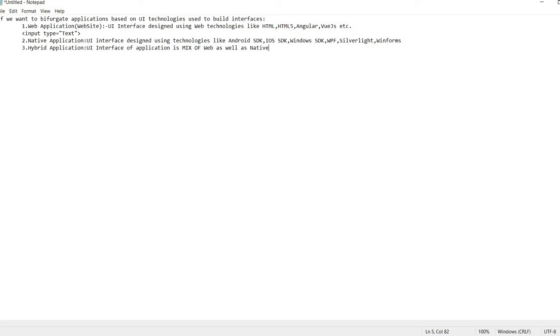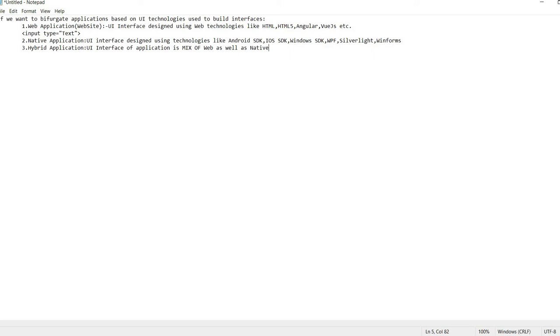interface design technologies, I'll give you an example here, the Ola application, which we use to book cabs, right? So when you go to the Ola application and you choose your destination, maybe you enter your details. So those controls where you enter your name while you sign up for the first time, you enter the mobile number, you enter a few of your details, the form which is available to you, those controls are native controls designed using Android SDK.